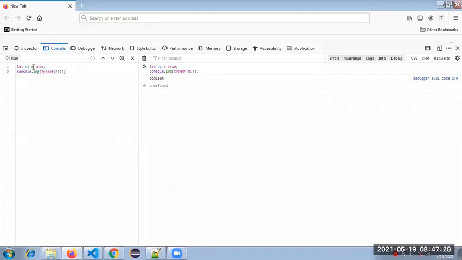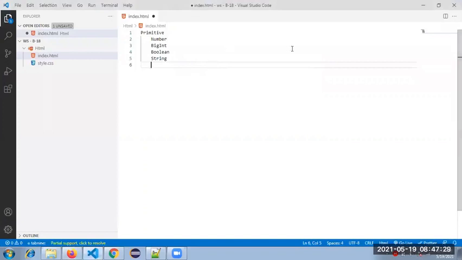So let me go ahead to another one. I think primitive we have done. Number we have done, big int we have done, boolean we have done, string we have done.